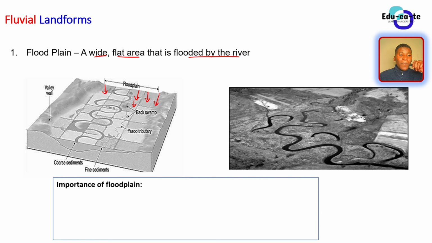So basically, even in the other image, we can see the flat plain as all of this area that is around the river. As long as it's a flat, wide, big area, and it is flooded by the river, simply meaning that when the river floods, it will pour out its waters around that area. That is a flat plain.